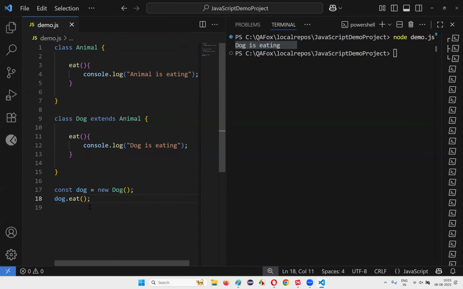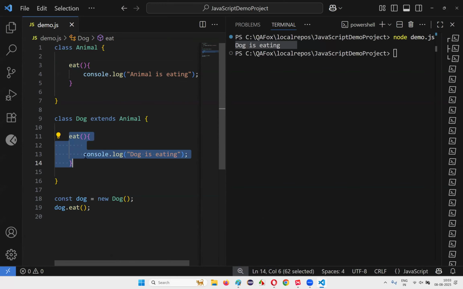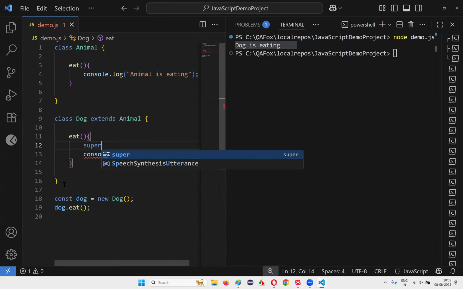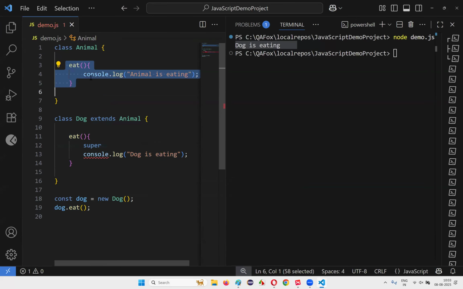This is all good. But when I call this overridden method using the object reference, the overridden method is being called, right? Now, if I want to call the parent class method also, and then this statement should run, so within the overridden method, if you want to call the parent class method from the method in the child class, we have a keyword known as the super keyword, guys. When the method in the child class and the method in the parent class have the same name, and you want to call the method in the parent class,